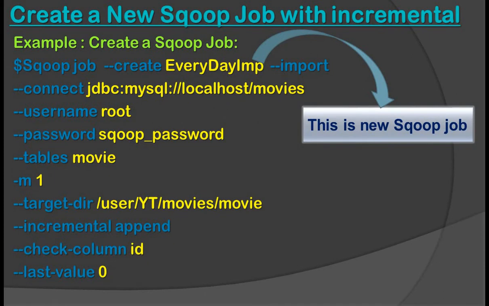We are going to create a new Sqoop job with incremental. So this is the example. In this example we are going to create a new Sqoop job with incremental append. So we write sqoop job --create everyday_imp. It means everyday import. I put this as the name of the job, then --import --connect